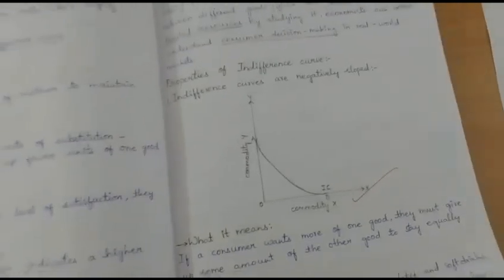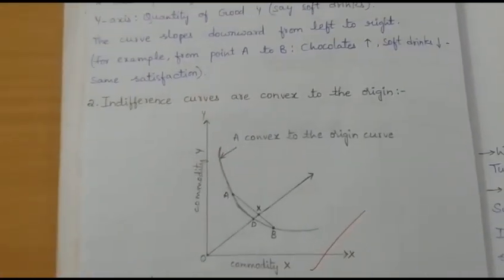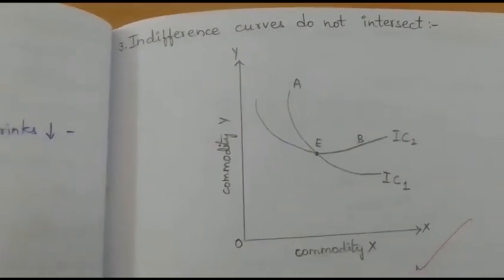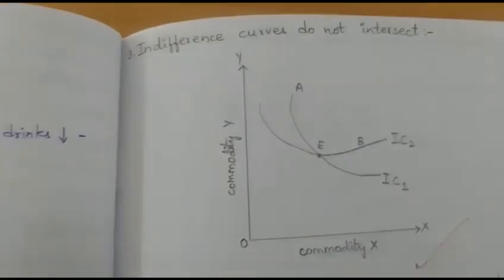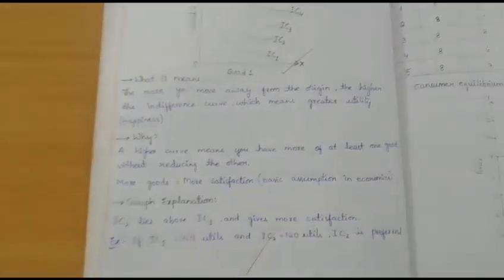Conclusion. Now the indifference curve has 4 properties. What are those 4 properties? The most important ones: it is always negatively sloped, which means it will look like this. Next, it is always convex to the origin, which is this. Next, they do not intersect each other, which means no IC curves would look like this. They will all be convex to the origin but never intersect each other. The last one is that the higher the indifference curve, the greater the satisfaction level. The curve would be this way. Now this is done with indifference curve, which you should not go without preparing.